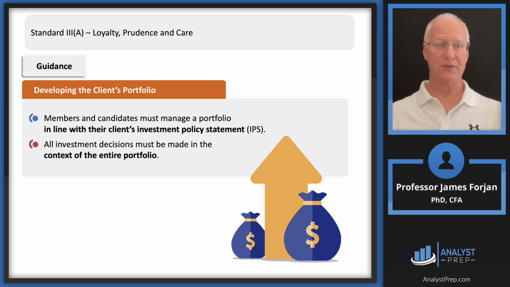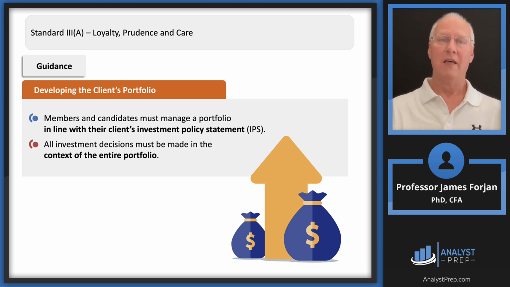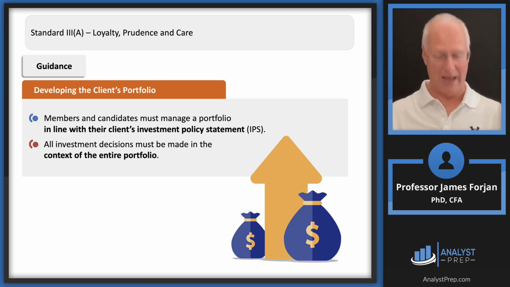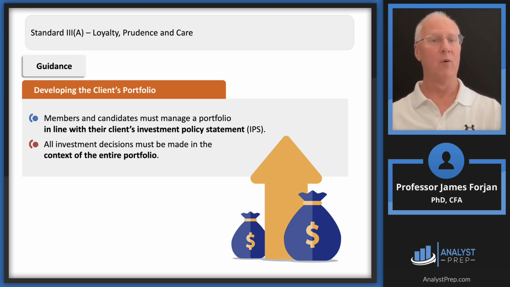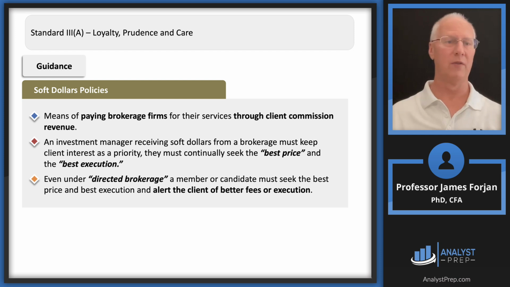But as it relates to the standard, we need to make certain that we make all investment decisions in the context of the entire portfolio, which means, and this is a great exam question, it means explicitly that we need to know, or at least we need to suspect with a high degree of accuracy, what that correlation coefficient is between and among all of the different asset classes inside of that portfolio. And what changes in those allocations mean, what their implications are to the rest of the portfolio.